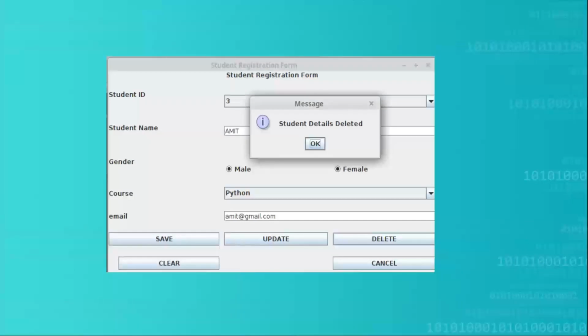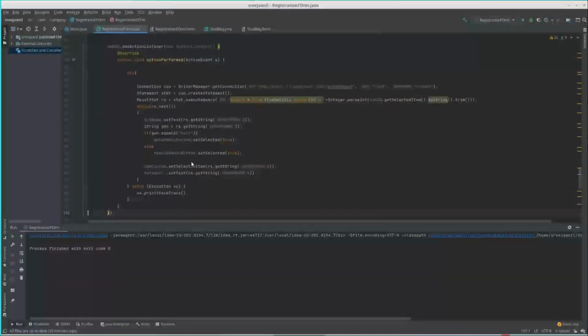Now we come to the actionPerformed. Here this is CMB ID. In the combo box ID, you want the refreshment happening. So what happens is that when I click on the action CMB ID, the data has to be filled in all the text fields. For that, a connection object is created, statement object is created, select star from student details where SID is equal to Integer.parseInt